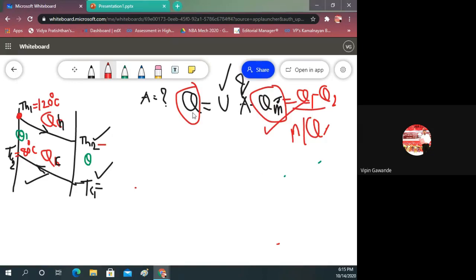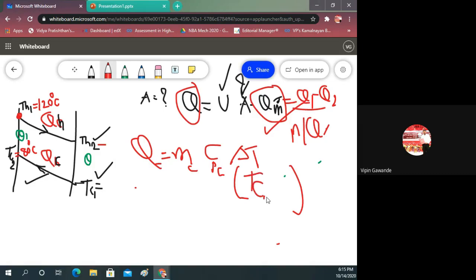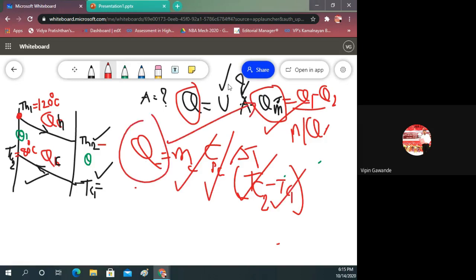Okay. How to calculate this Q? Wherever you have to calculate Q, either use the energy balance equation or use it directly. That is QC or QH. Q is equal to M Cp delta T. If you are using cold fluid, here it is CPC, and the temperature difference for cold fluid is TC2 minus TC1. Everything is given in the problem. This is given, this is given, this is given, this is given. Calculate Q, put it here, calculate the value of A.